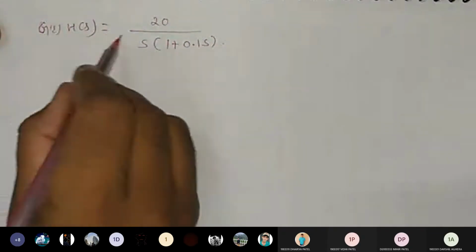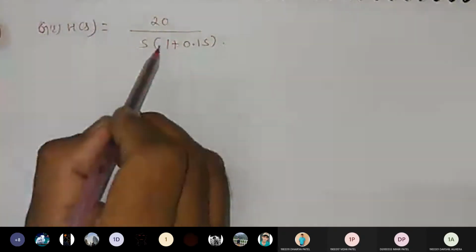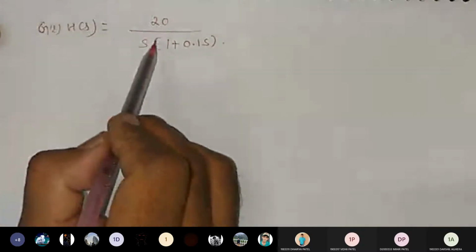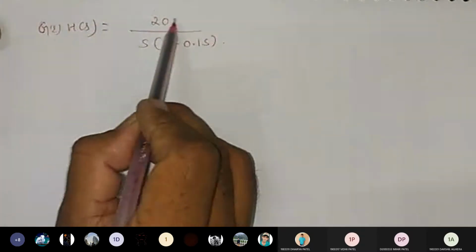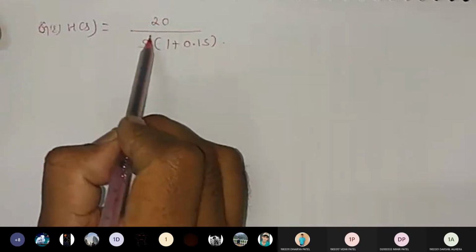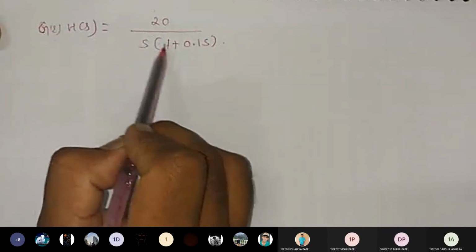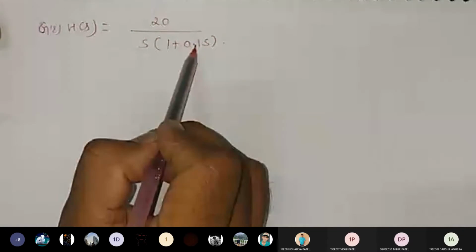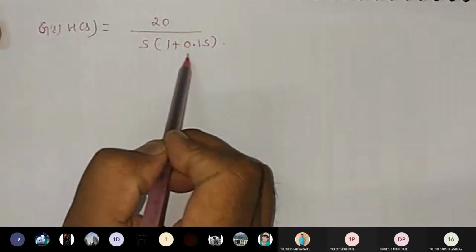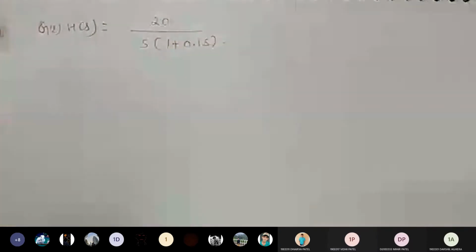So how many factors are there? First we have to check whether it is in standard form or not. What does standard form say? K into (1 plus tau s) divided by s raised to P. Is there s raised to P? Yes. Is there 1 plus tau into s? Yes, here it is. If it is not there, you have to convert it. How many factors are there?